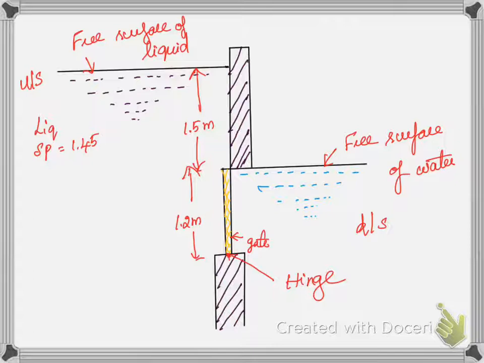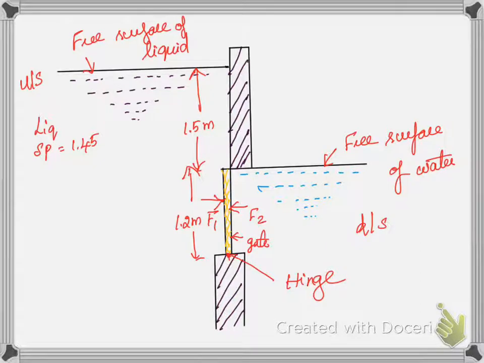Okay, so what is this resultant force actually? It means the total amount of force that is acting on the object or body. So that is called the resultant force, which means the force that will act on the gate. So if you see here in the problem, on the upstream side you are having a liquid. So from the liquid there will be a force which will be acting on the gate. I am keeping this force as F1. On the downstream side I am having another force which will act on the gate due to water. Let this be F2.